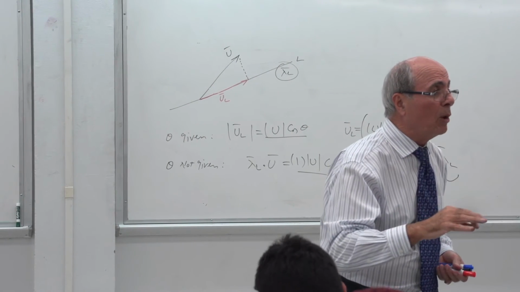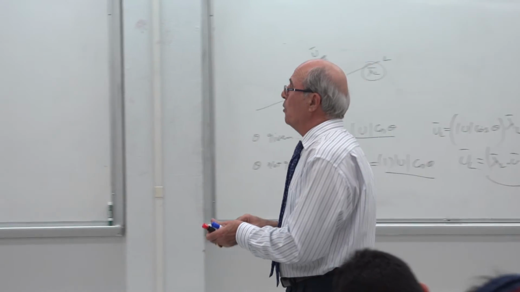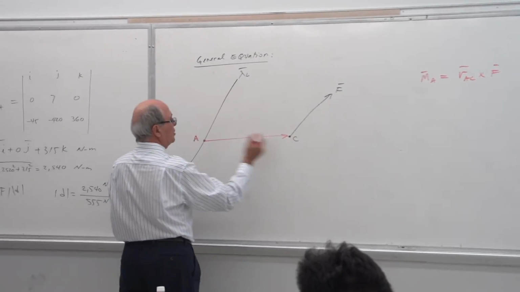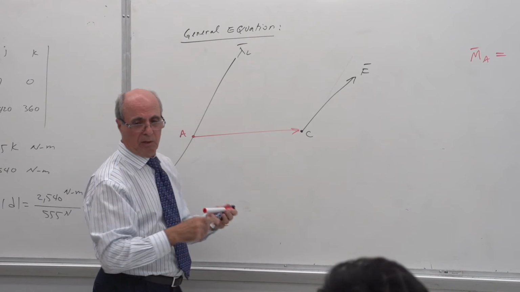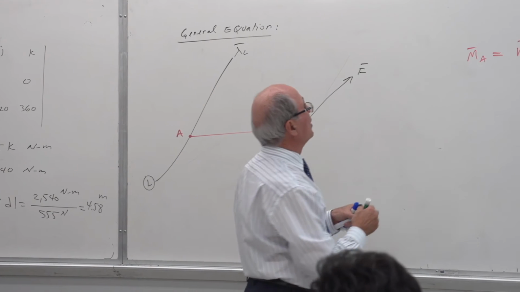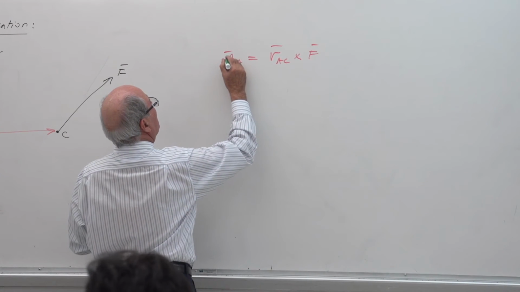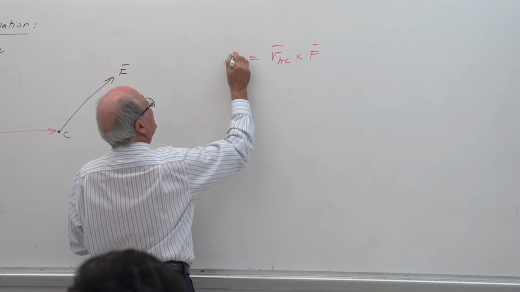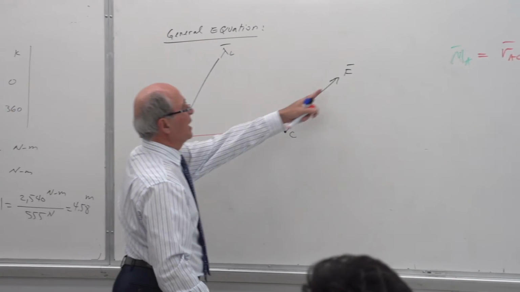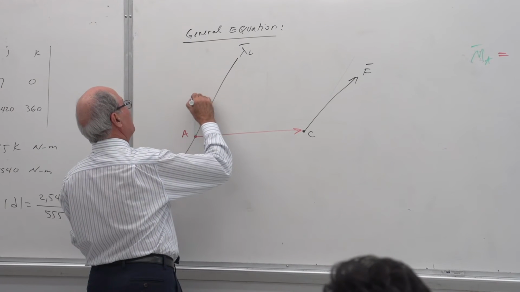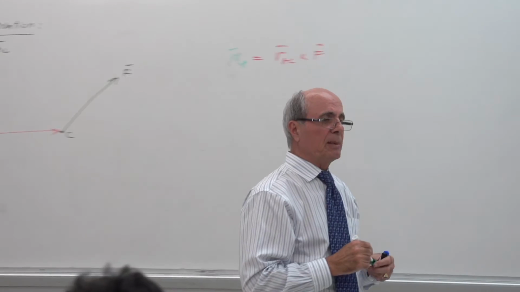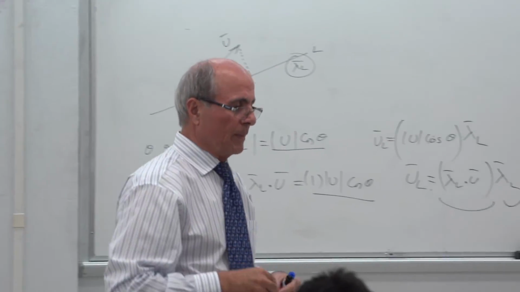That's the moment about the point A. If I want to calculate it, it becomes a vector. So this moment, now I should have used a different color. Let's call it MA, in green. Change it to green. This is red, this is green. Is that correct? That's a cross product, red and black gives me this vector MA. Is that correct or not? Yes? Which is the moment about point A.